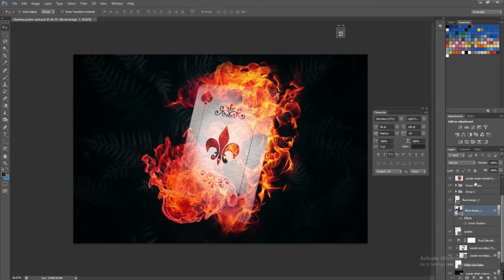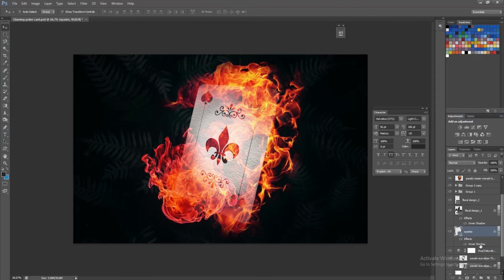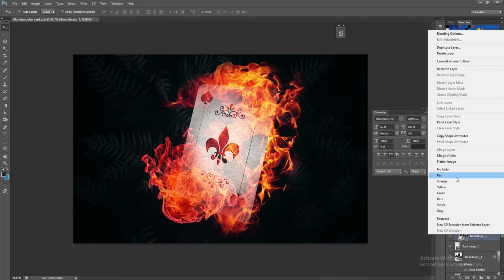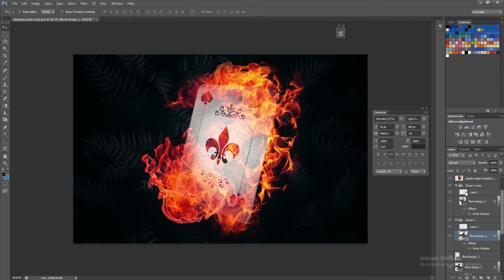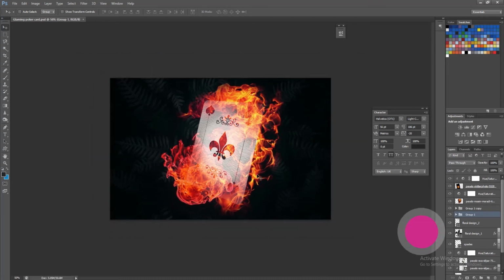Repeat the step for all the shapes, or simply copy the layer style and paste it onto the remaining shapes. Done with the poker card effect.